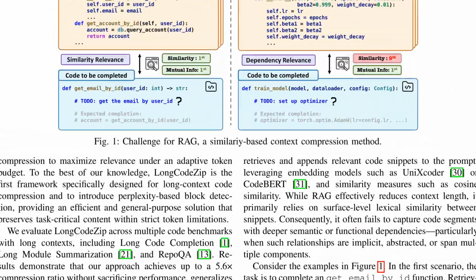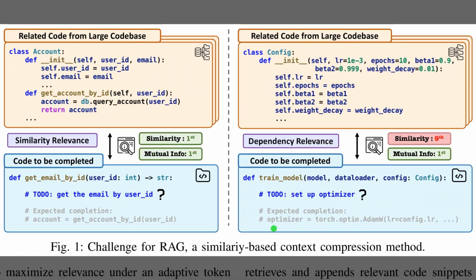Well, Figure 1 contrasts surface similarity with true dependency signals in long code contexts. The left panel shows a case where lexical overlap makes retrieval succeed because the helper function closely matches the target. The right panel shows a dependency case where a configuration class matters, yet similarity ranks it low. An approximated mutual information score, which measures how much a snippet reduces uncertainty about the instruction, correctly elevates the configuration